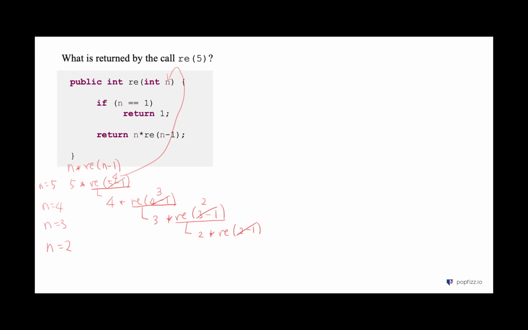Great, now we have n equal to 1, which meets the base case. So notice that we have 5 times recursive call, 4 times recursive call, and so on. And these 5 times, 4 times, 3 times, 2 times, these instructions haven't been executed yet. So it's waiting for that recursive call to end. And because now we've hit our base case and this recursive call returns 1, we can now collect all the instructions that are waiting to be executed. So let's collect it